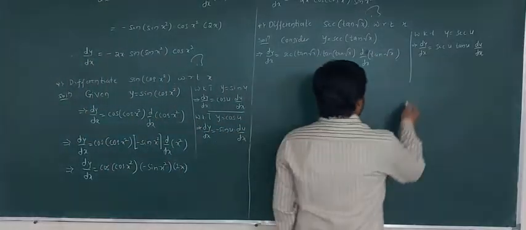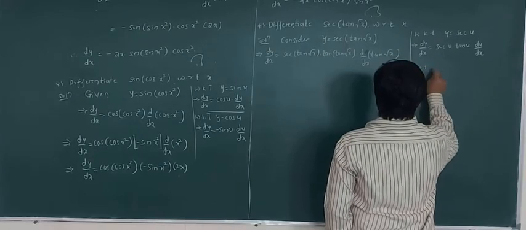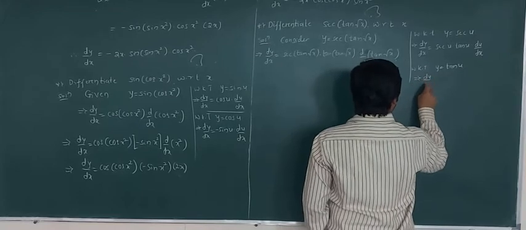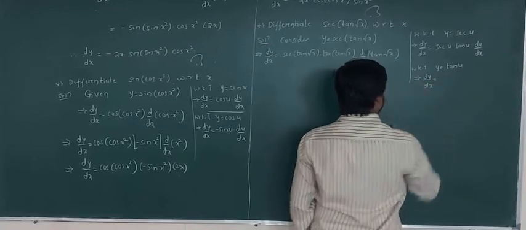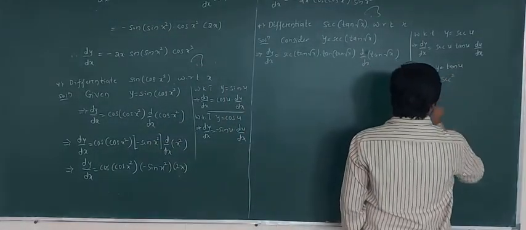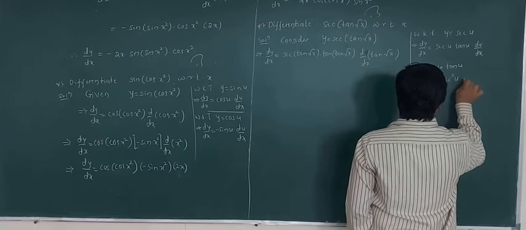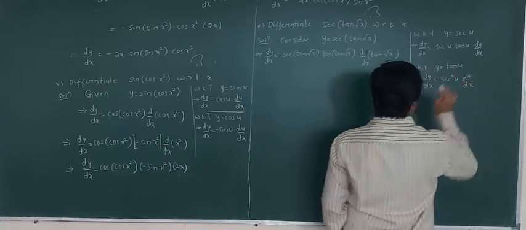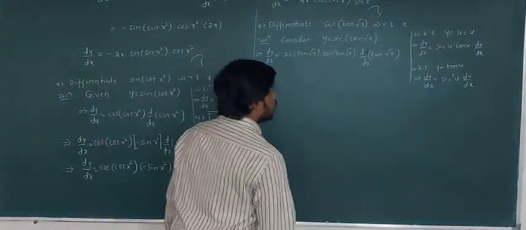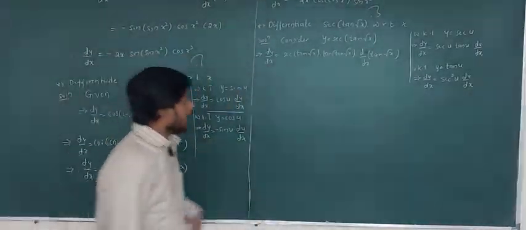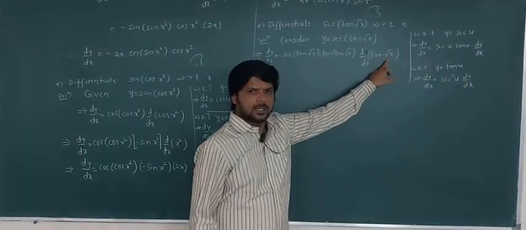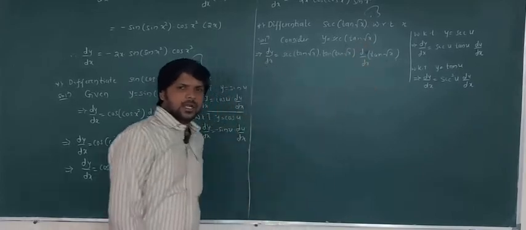Next again we know that y equal to tan u, then derivative of this function dy by dx is equal to tan u differentiation, that is sec square u into du by dx, because the derivative of tan is the square of a function, so sec square u into du by dx. Comparing these two, in place of u we have root x and derivative of tan is a secant square.